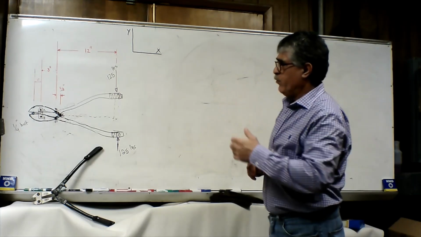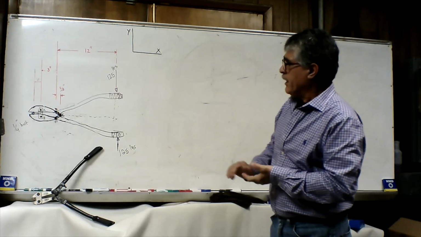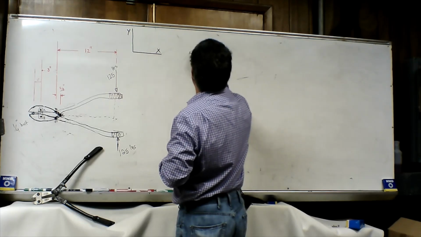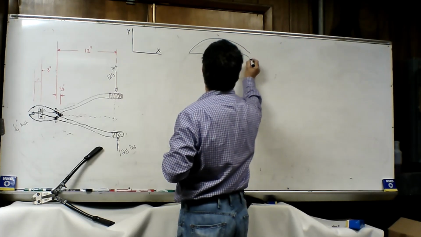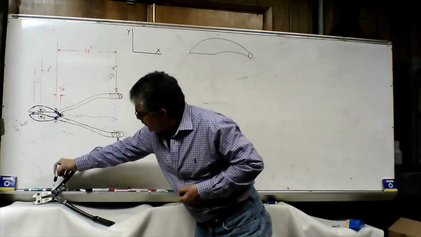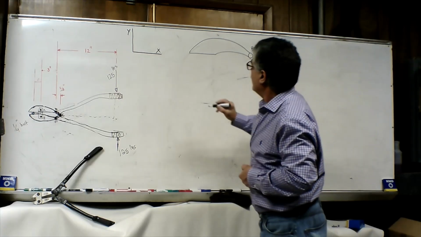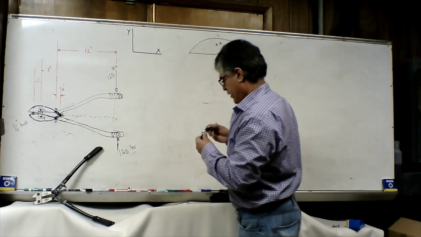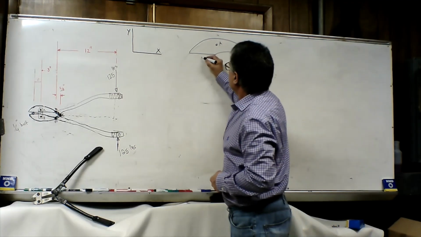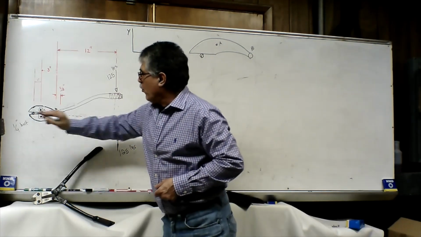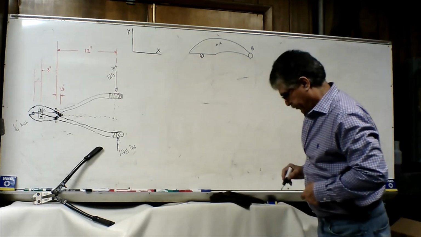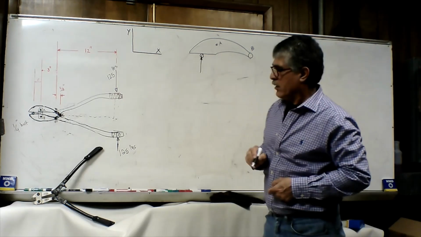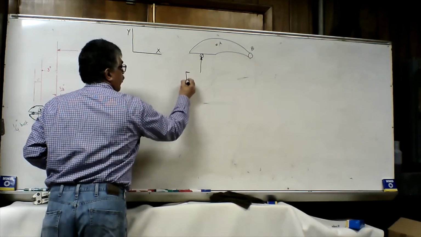So in order for us to find the force exerted on the bolt and all the joints, let us start with this portion of the bolt cutter. This point is our point B, and this point here is our point A on that member, and this is our bolt, our 1/4-inch bolt on the blade. So at this point we are going to have a force exerted on that bolt. So let's call that force F bolt,